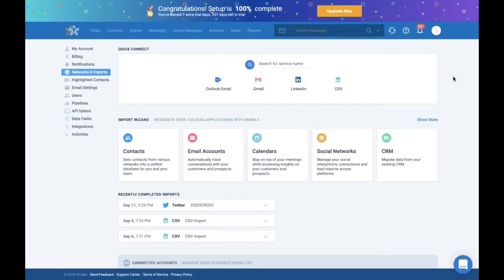So that's one place where you might have your contacts. You might also have them in another CRM or in any other third-party applications. And for this use case, we have two options. The first option is going into your app, seeing if you can download the list of your connections into a CSV file and then import them into Nimble. The other option